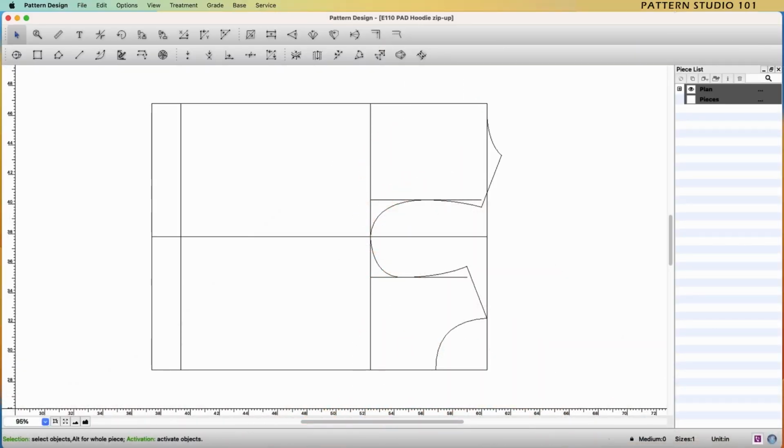Okay, this is a continuous lesson from episode 110. We drafted front and back bodies last time, so let's draft a sleeve pattern today. I'll explain all the steps to make sleeve patterns, so follow one step at a time. You will get comfortable using the tools. Let's begin. Here's the front and the back we drafted in episode 110. To make a sleeve pattern, we need body armhole length, right?